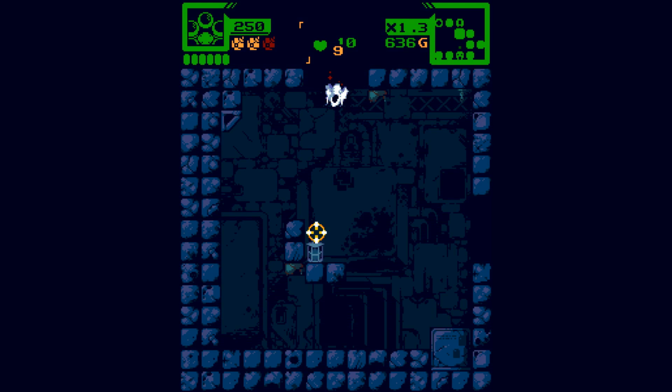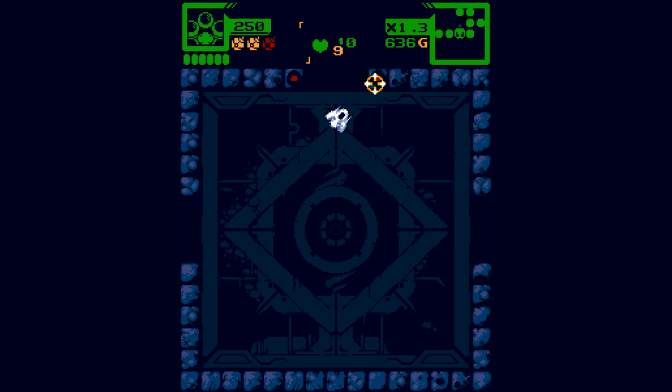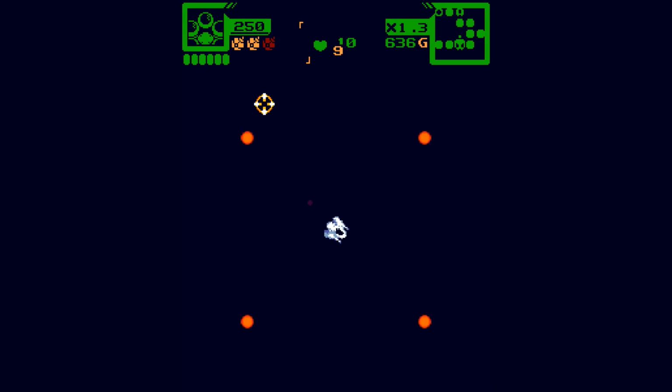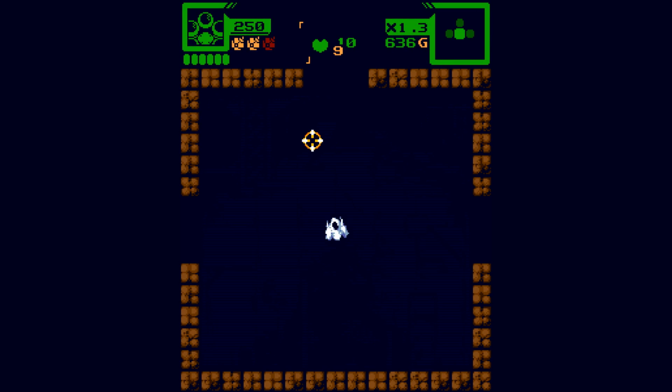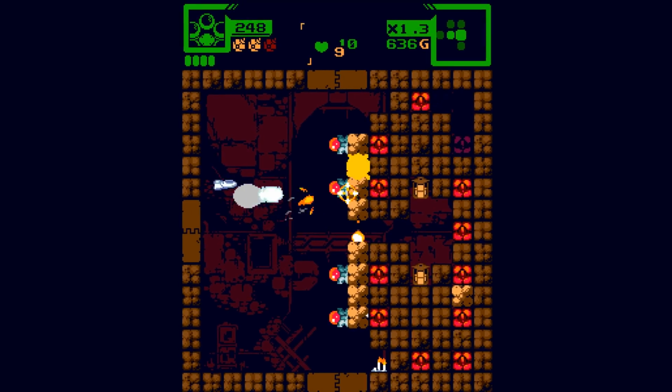I'm looking to see where a secret room might be. I don't know really the algorithm as to how those are placed right now. Or if there's even one on every floor. But yeah, so you do have limited ammo for every weapon. Once you run out, you go back to your standard weapon. If you manage to find...